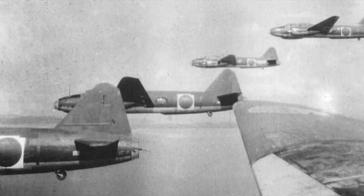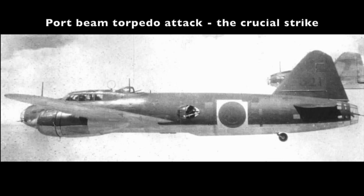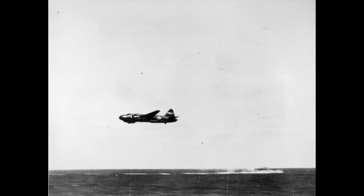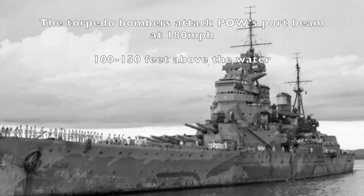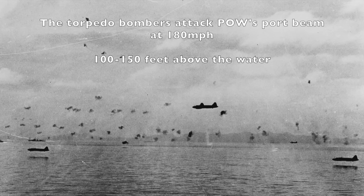The Nell and Betty bombers flew across the bows of the southbound British ships whilst out of range before forming up in line astern as they increased speed and began to drop towards Force Z. The first line of 9 torpedo bombers, each carrying a torpedo with a 330-pound warhead, split up in 3 neat turns, 3 aircraft each turn, to now face towards the Prince of Wales port beam in a huge extended arc that was flying directly towards the great battleship at about 180 miles per hour, some 100 to 150 feet above